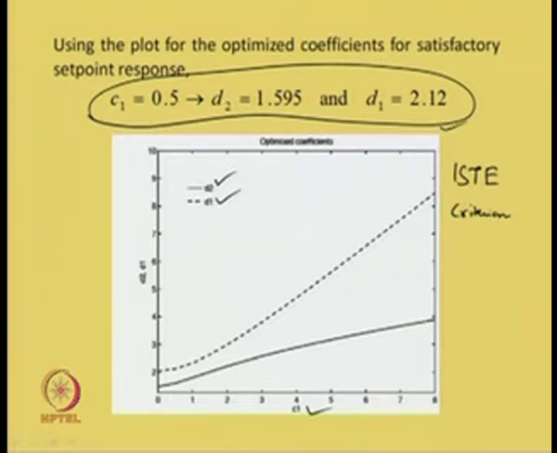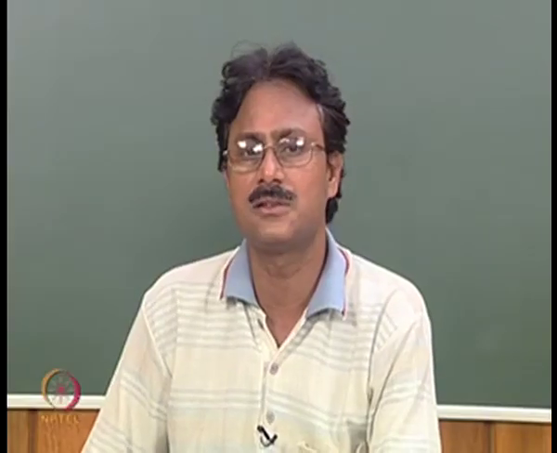When C1 is equal to 0.5, then D2 will be 1.595 and D1, the upper one, is 2.12. So, for various C1 it is possible to find various combinations of D2 and D1 using this plot,